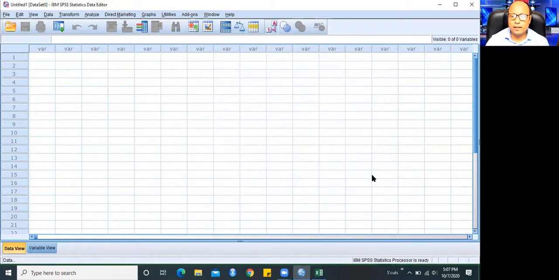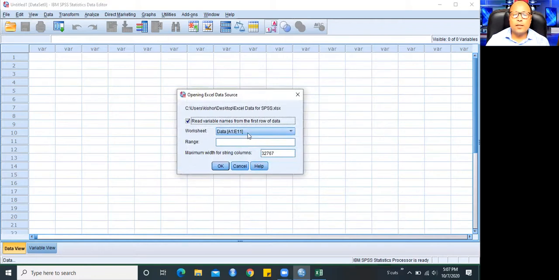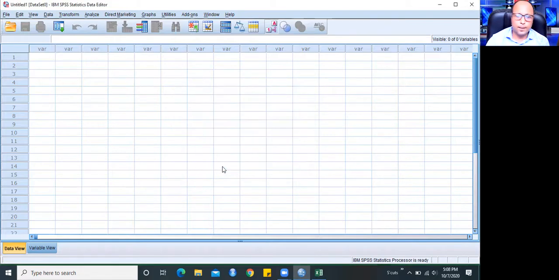You select the file, click open, and normally an Excel file has multiple sheets, so you can select the sheet for that matter. Here in that file I have one data sheet, another is the code sheet. What I want to import is the data, so I click on the data sheet. If you do not want to import the entire range of the data, you can select that range. In this file, the range is from A1 to E11, and we want to import all the data. If you want to import a part of the data, you can select the range and simply press OK.